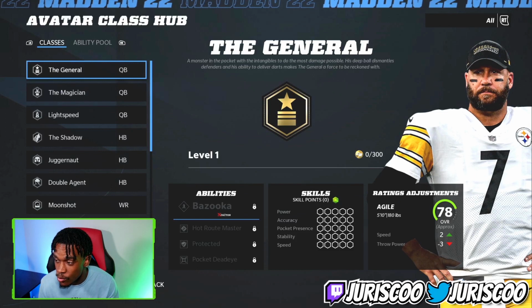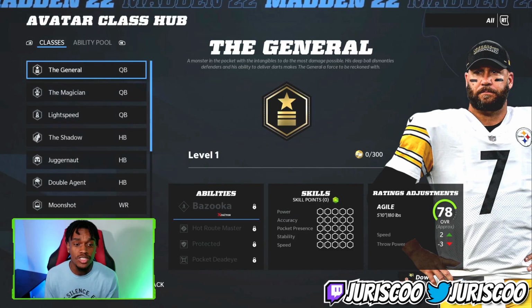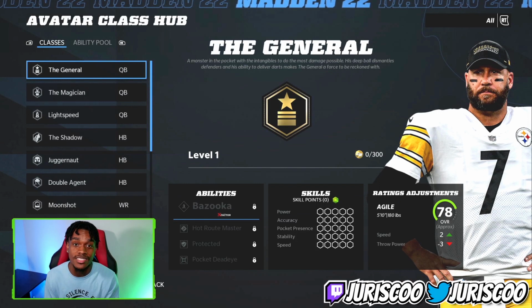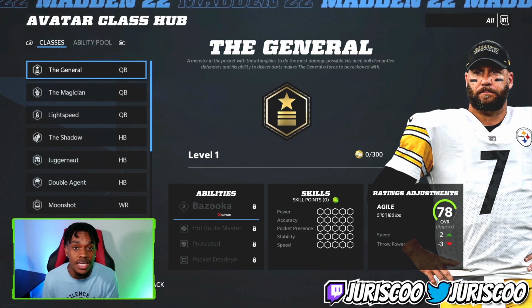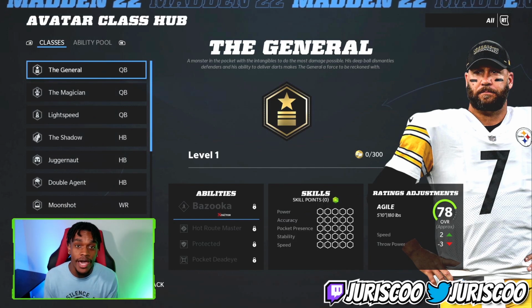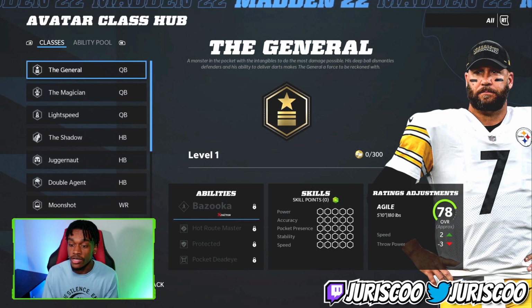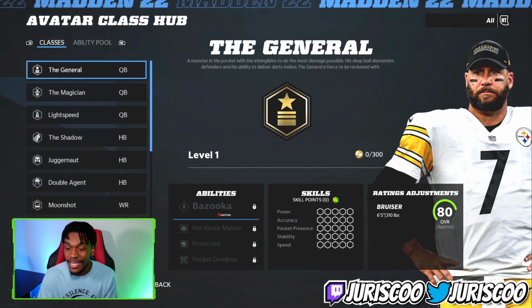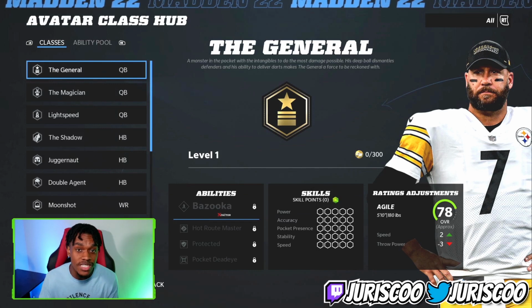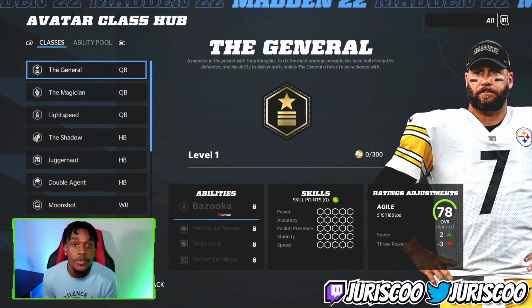So, the first thing I do want to do for this video is just go through all the new classes and stuff like that. They changed how they did classes entirely. Last year, they were called prototypes, and now they're called classes. With these new classes also came new physiques. If you look on the right side, it says agile, balanced, and bruiser right there. So there are different types of physiques that you can change that will let you keep your